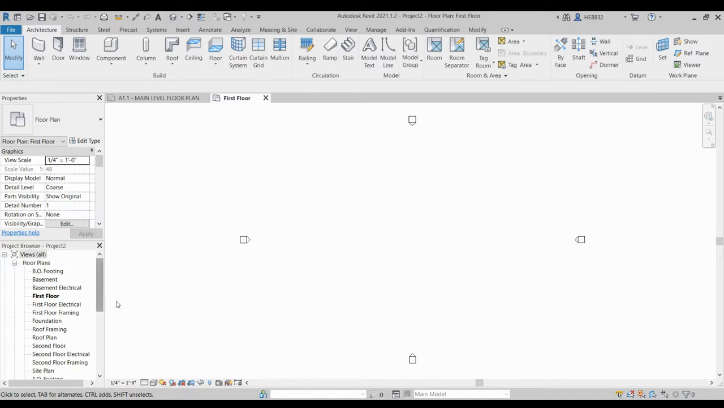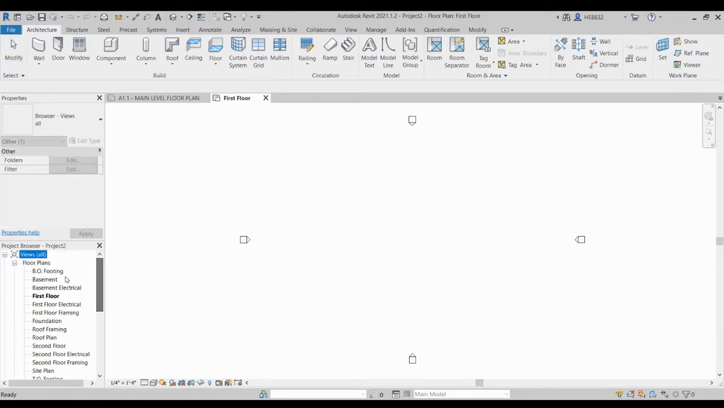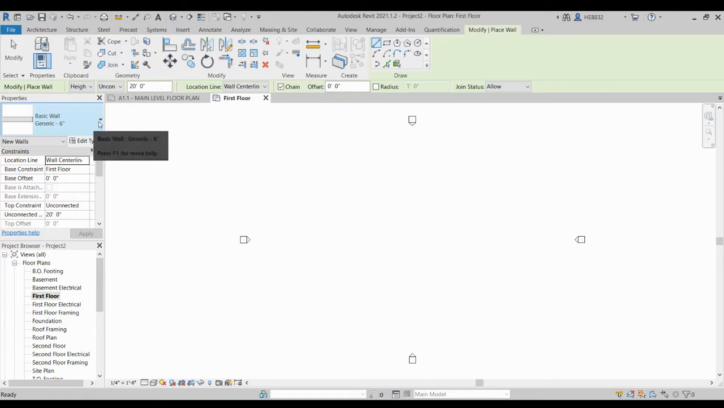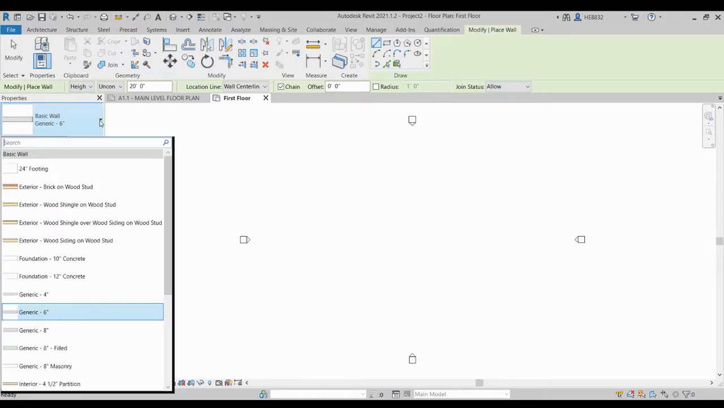And in here, unlike last time, we have a lot of different floor plans already created here. So let's just start work on the first floor. So we're on that first floor plan, we're in the architecture tab, and we're going to start with a wall command. And this time, if we do the little drop down box on the properties panel for the wall command,